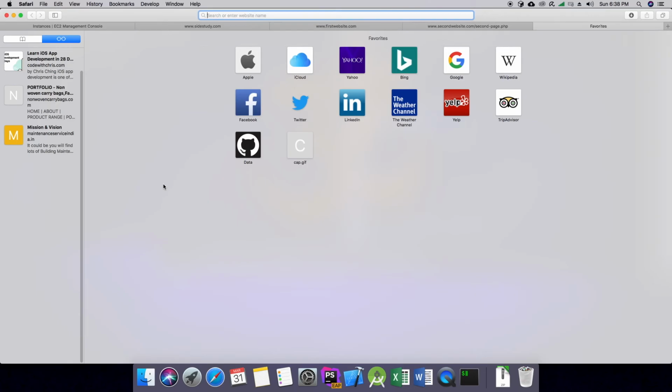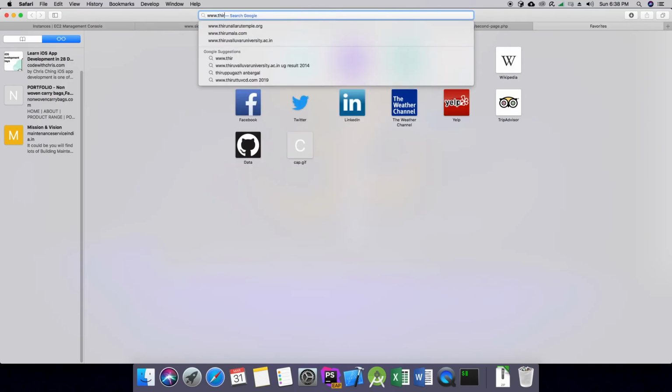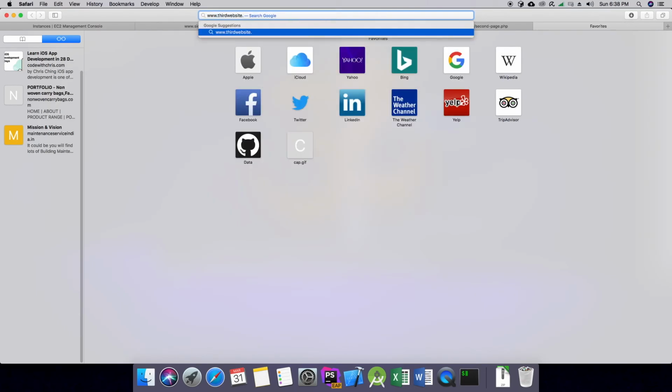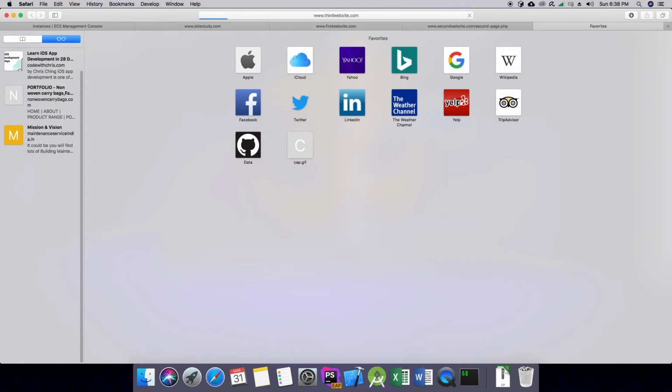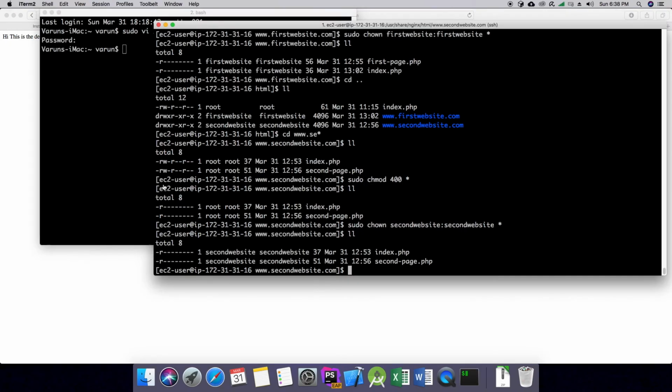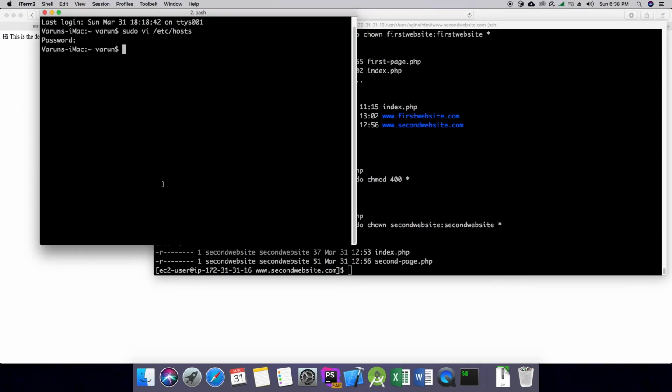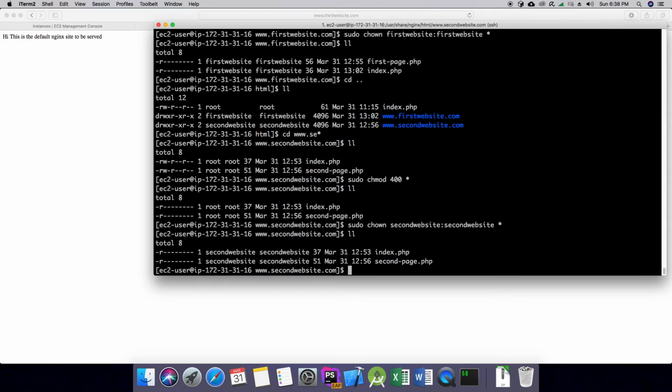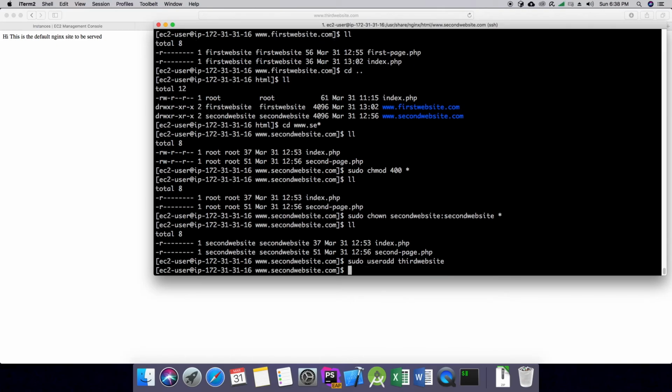So if we open www.thirdwebsite.com, it will open, it will show us the default site. But if we want to add our own website, we'll just have to first sudo useradd thirdwebsite. The user has been added. We'll make a pool by cd into